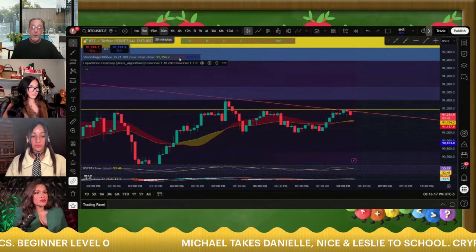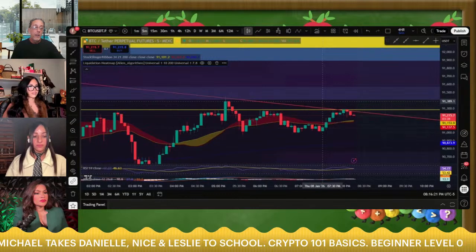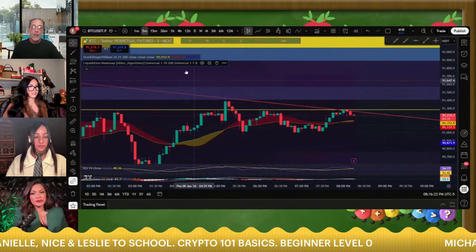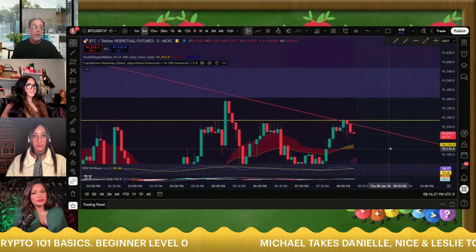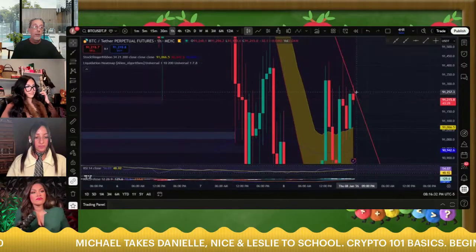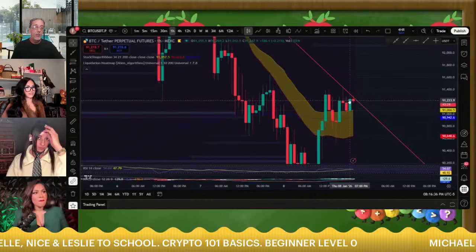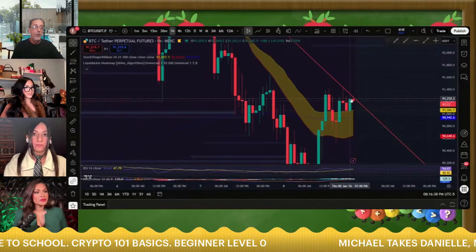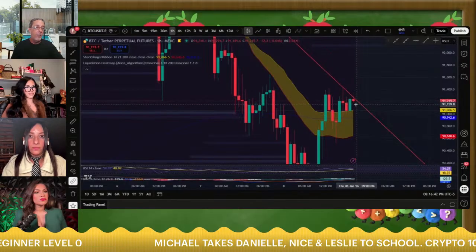But with Bitcoin, Ethereum, Solana, XRP, it's really easy to set up your trend lines and just refer back to them. You see this one here on the 1 hour Bitcoin, it came up to that downtrend line that we drew. Remember, we watched it close out a pretty strong candle, hit that trend line, and started coming back down.